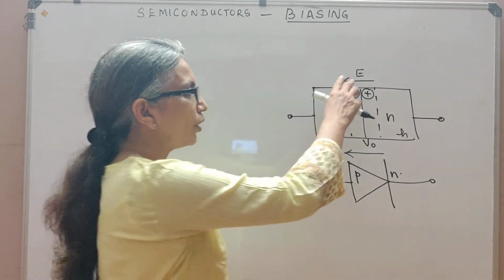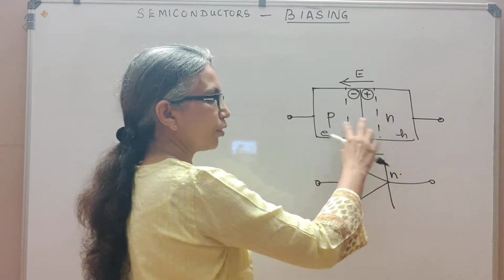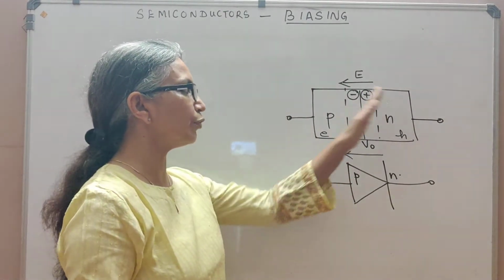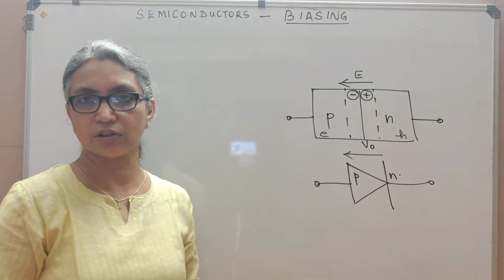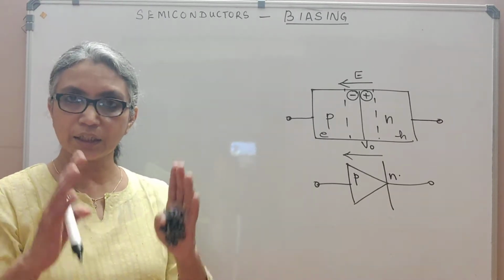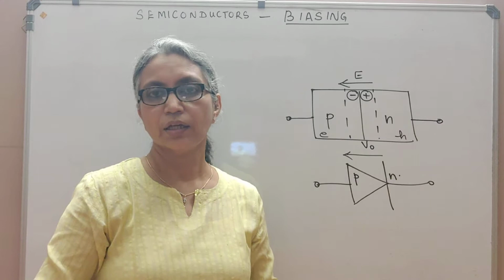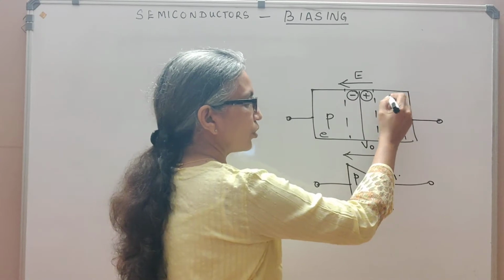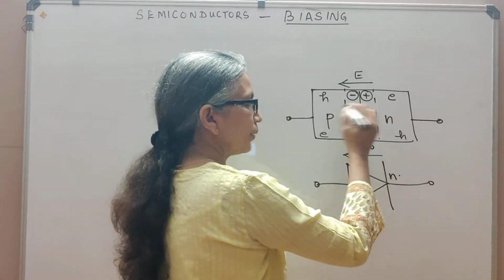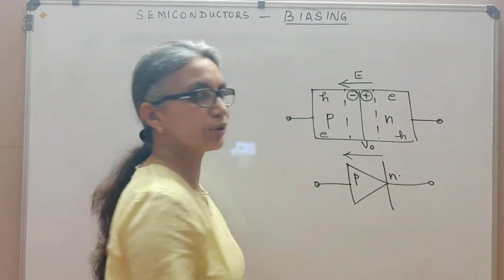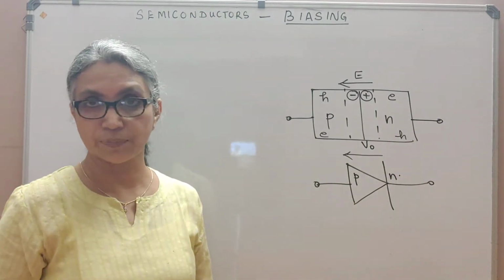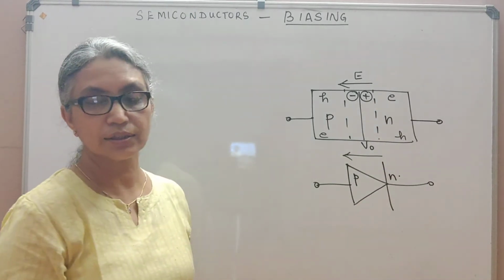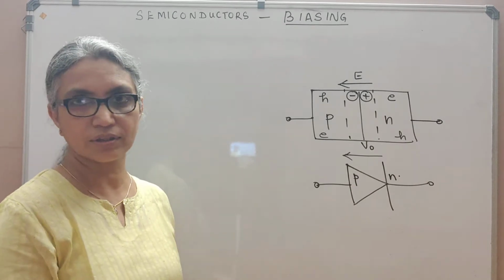If it is a low electric field, that is before the formation of this potential barrier, if the potential barrier is less, then you know that it will be the diffusion current, that is the majority carriers, that cross the junction. So keep in mind that if you have a small potential barrier, then a smaller electric field, it will be the majority carriers that are crossing over. That is the electrons from the N side crossing over to the P side and the holes from the P side crossing over to the N side. But if you have a large potential barrier, then it is the drift current or the minority carriers that are crossing the junction.